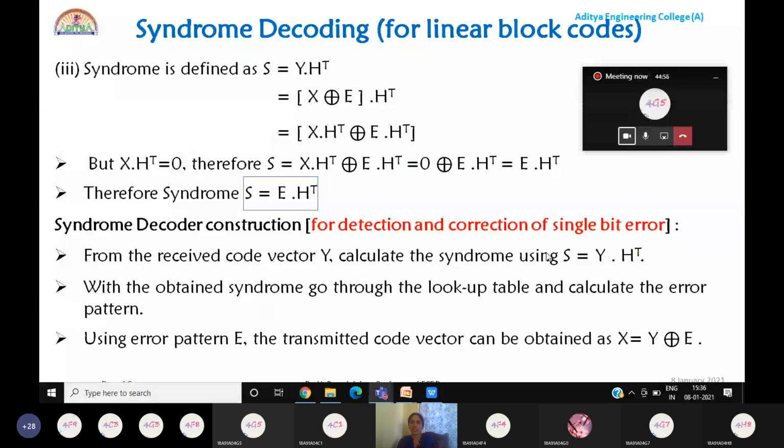So step 1 is calculate the syndrome using y into H transpose. And as a second step, using the syndrome, go through the lookup table and calculate the error pattern. So we'll calculate the error pattern E. Okay, so the syndrome can be calculated. Now, third step, using error pattern E,